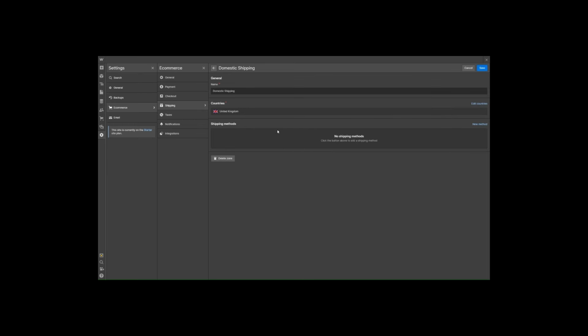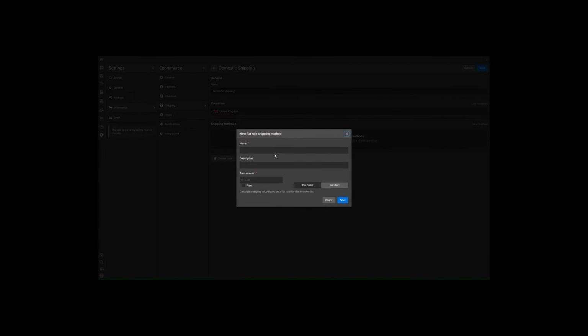We just want to turn it on, and we want to actually add a shipping method. So you want to click on shipping methods here, and you want to click on new method, and you want to choose whether or not the method is flat rate, meaning it's a rate per item or per product, percentage based, price based, things like that. We'll keep it simple. We'll just keep it at a flat rate, and we'll call it